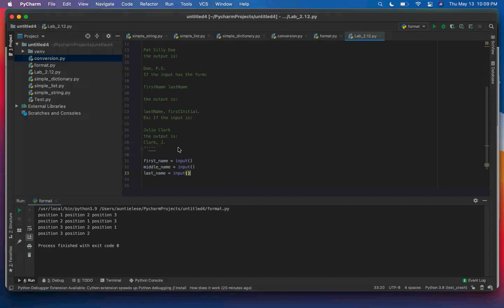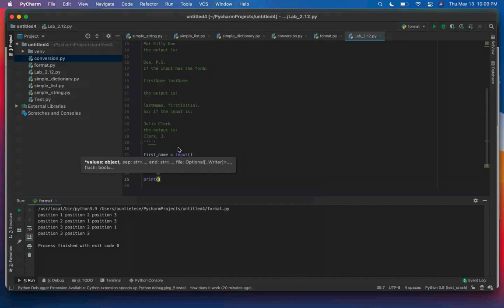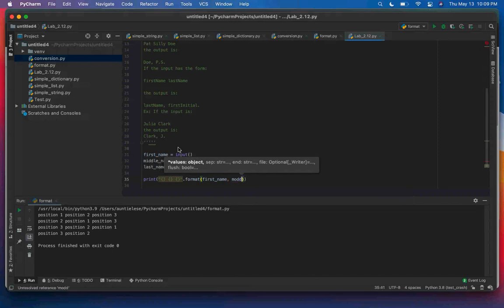So these are three input statements where I'm going to get data. So I'm just going to start by printing them all out. I'm going to say first name, middle name, last name. So let me just run this